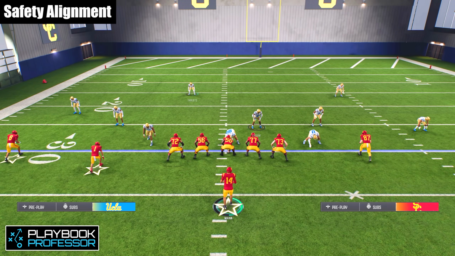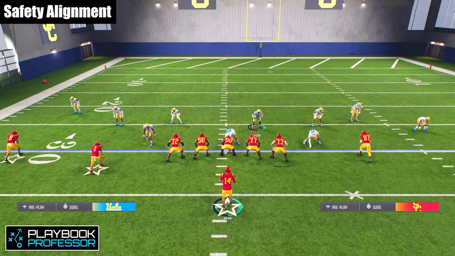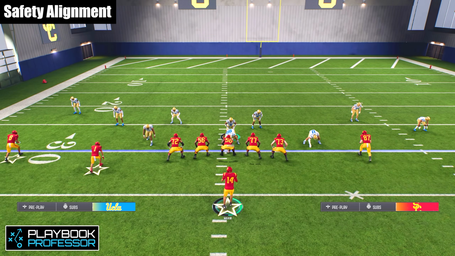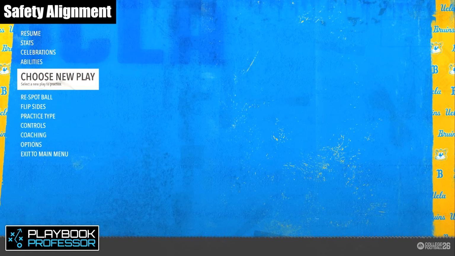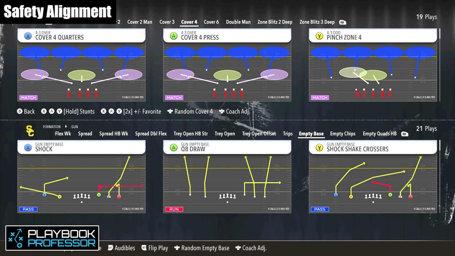And so now actually having the ability to have the safeties start this close to the line of scrimmage, it completely takes away the option for my opponent to just snap and throw the ball underneath the safeties. And so I think that safety depth is absolutely the most important adjustment that we have for modifying how our safeties play. But that's not all we have. We, of course, have 2 other types of adjustments as well. And so if we go back to our coaching adjustments,